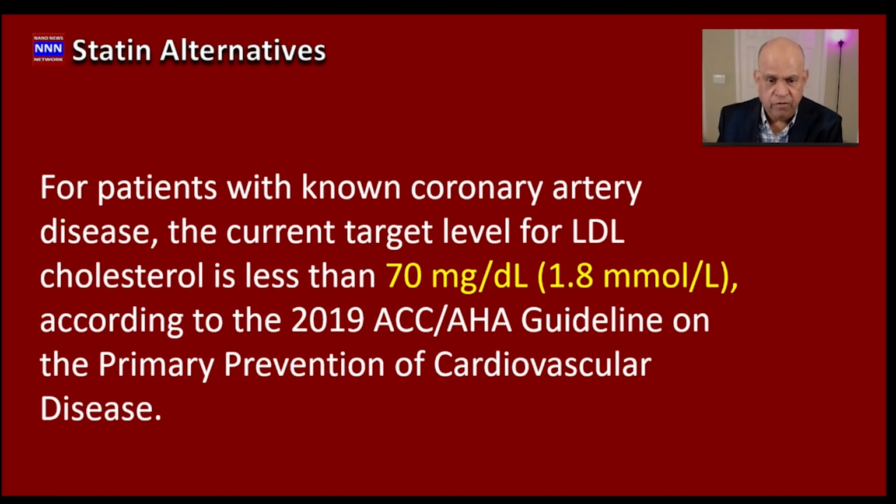And to bring that level from 160, 170 all the way to 70 milligram percent, statins have been the main drugs that have been effective in reducing the LDL, the bad cholesterol level, by anywhere from 25 to 40%. And that is why it is so important to understand what the side effects of statins are and what